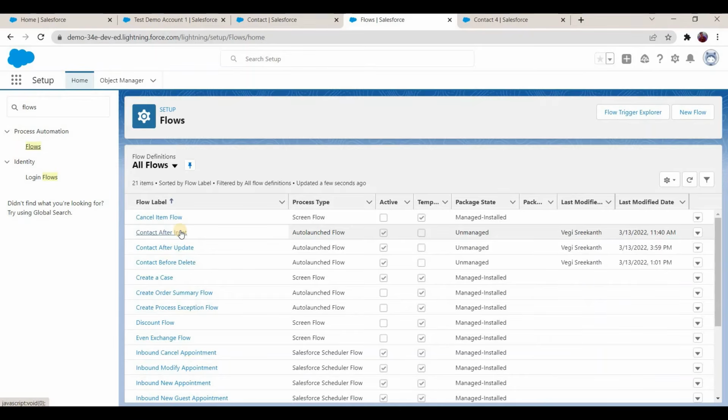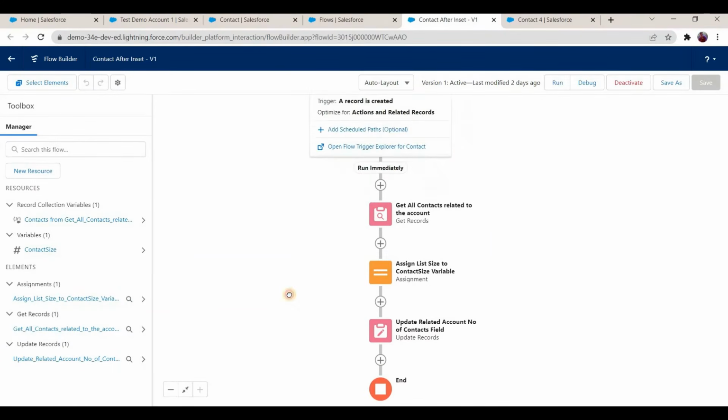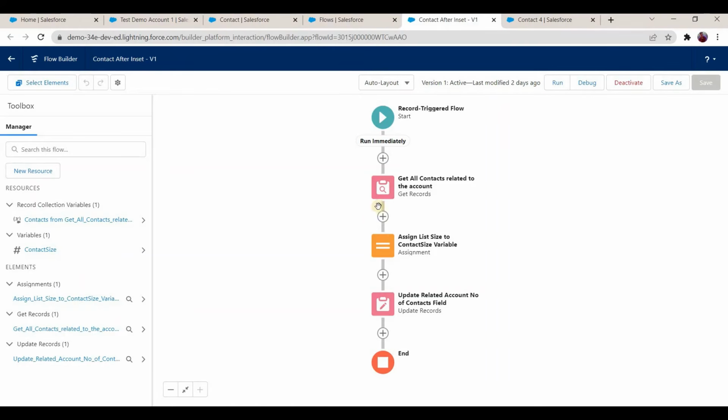So whenever a contact is inserted, that sum has to be added up, correct? So we have our contact after insert. On inserting, we'll see how to add up the sum value on the account record. In this flow, we are getting all the contacts related to that account, and then getting the size of it and assigning it to the related account. Whenever a contact is inserted, we get all the contacts related to the same account, find the size, assign it to a variable, and finally update the related account, right? Now, as we have all the contacts related to the same account, we can loop